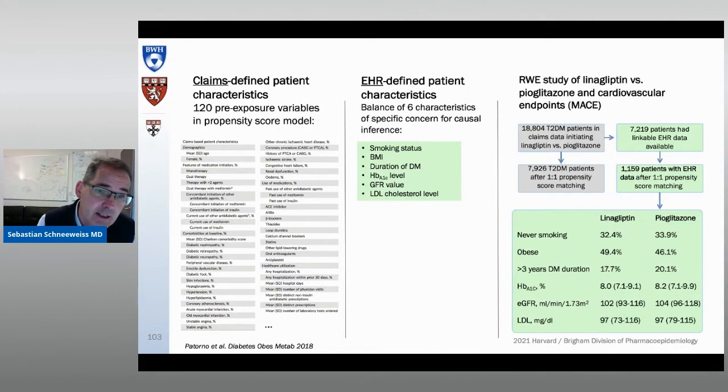And you see this in the green box at the right bottom there, where after matching on the observable claims data, the gray stuff, we also achieve balance in the green stuff that we don't observe and don't measure in claims data, just in a subgroup where we have electronic health records. And you see beautiful balance in that. And that is the power, I'm showing this to you only, that is the power of having an active comparator. This is one antidiabetic versus another antidiabetic, right? In non-users, it's trickier. And my last slide, please.